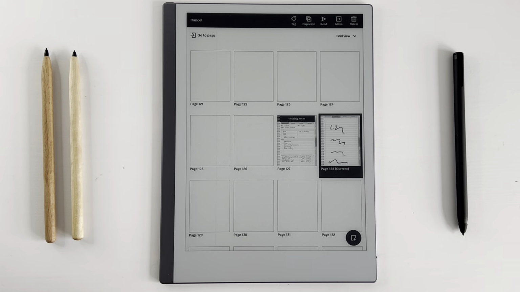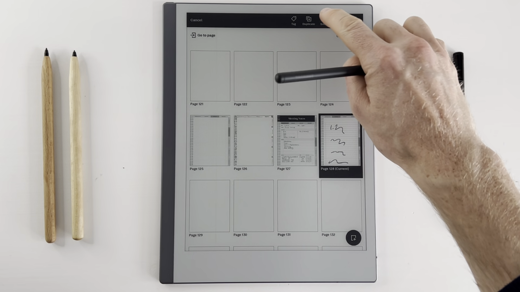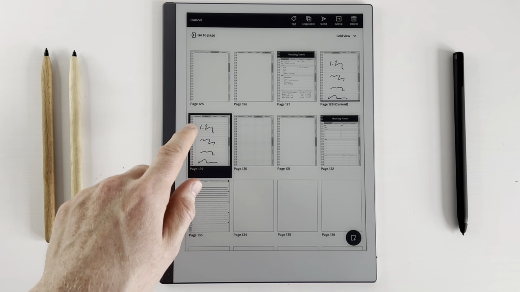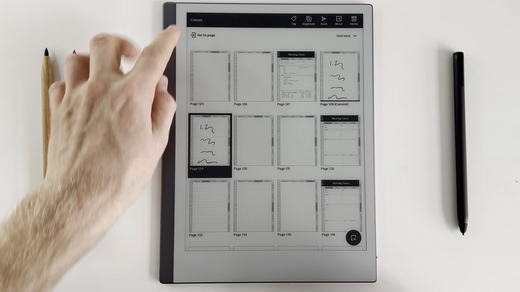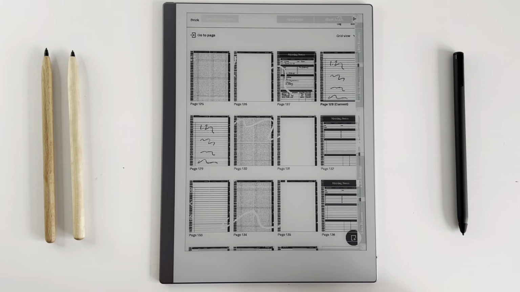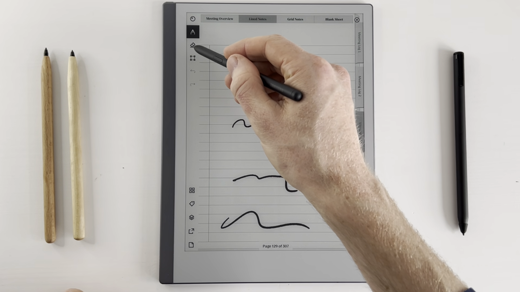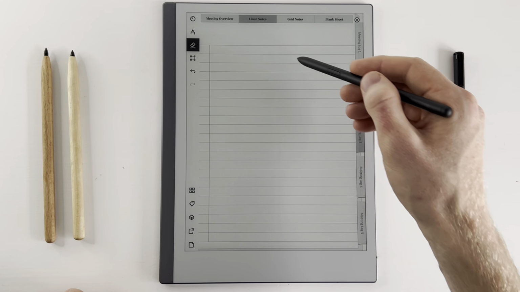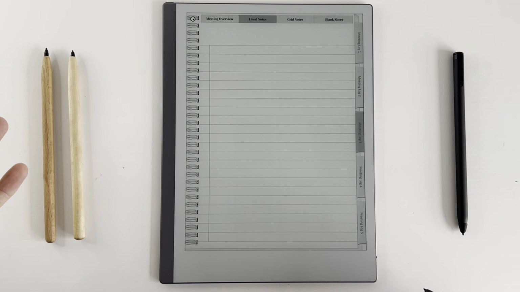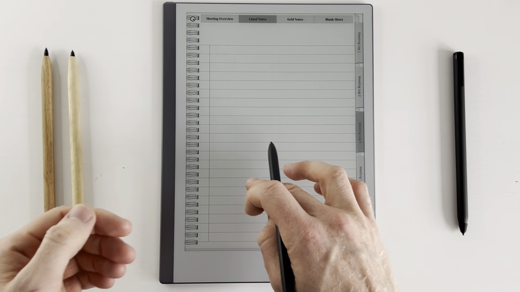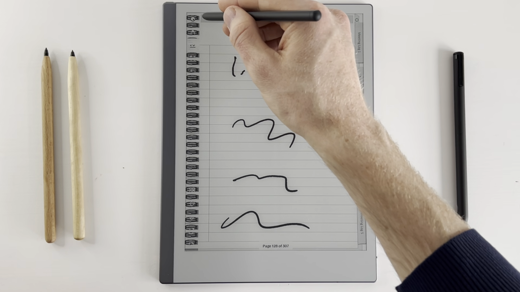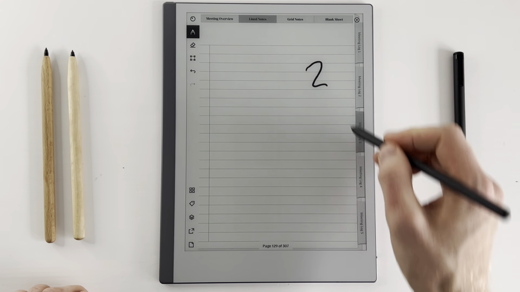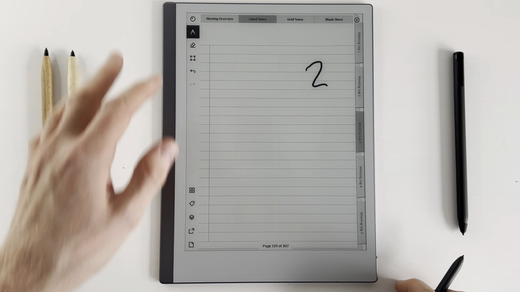You just highlight the page you want. So I want to duplicate my lines, press on duplicate, and the reMarkable is quite clever. So you see you've got 2 pages of that now. So I'm going to go into my second page. The reMarkable is quite clever in that it retains the hyperlinks. So we've got now one page of lined, and we've got 2 pages of lined, and from these pages we can still use our